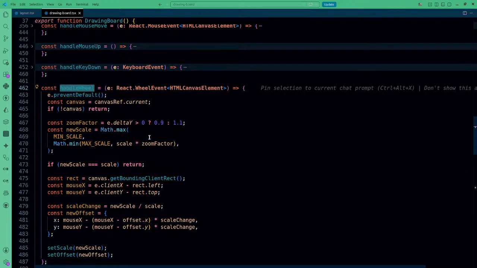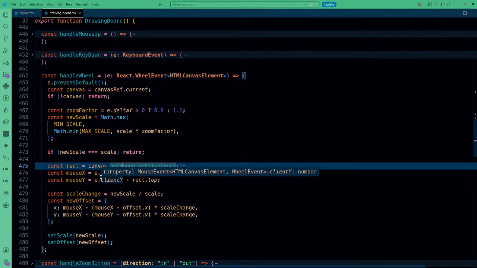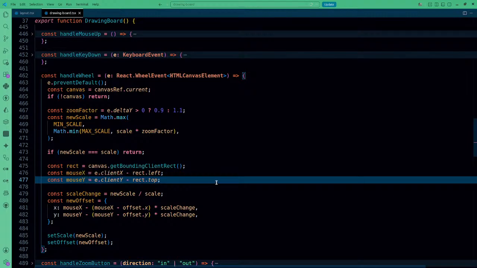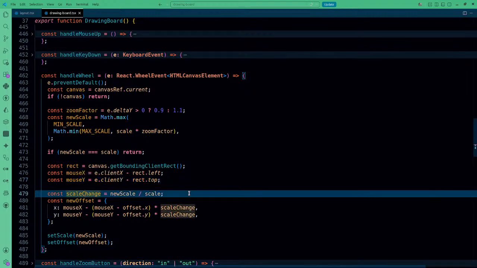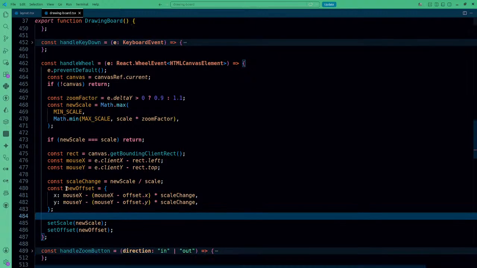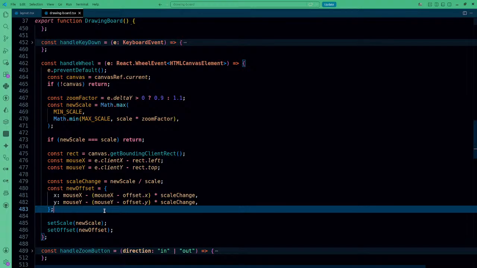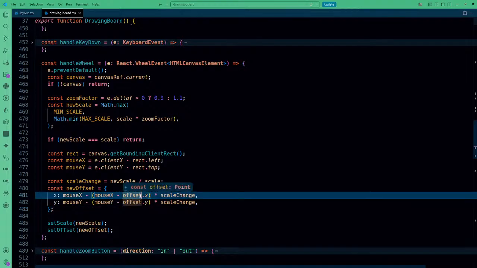Single wheel. So we have to do this. Minimum scale, new scale, return, get the canvas boundings. So ultimately we are going to be getting the mouse X and mouse Y. Scale change in new scale, new offset, mouse X and mouse Y, they are going to be subtracted. We'll get the new offset, and this is how we are going to be done. So ultimately we need the canvas, right? Makes sense. Get boundings, so we are just simply subtracting this offset, and after that